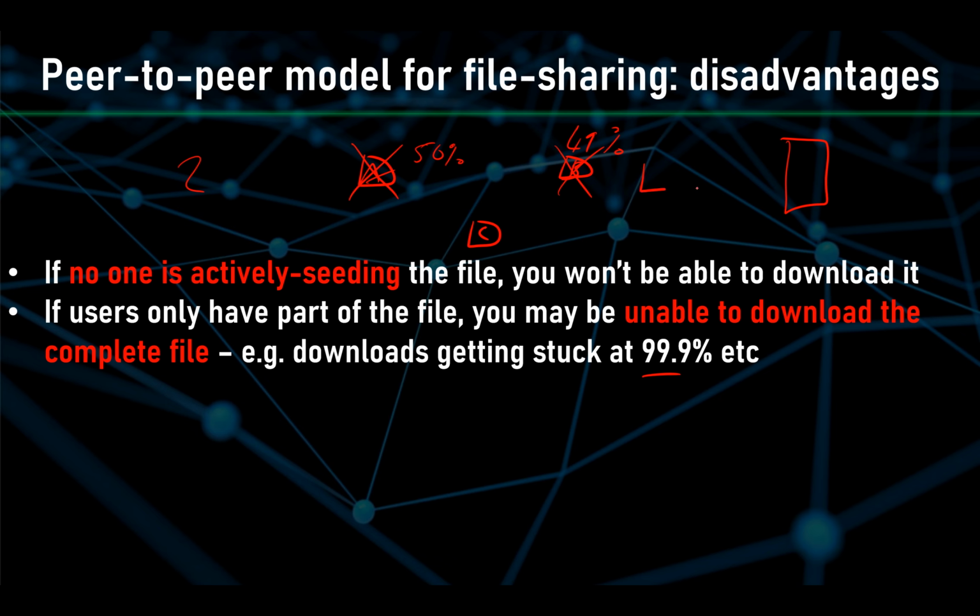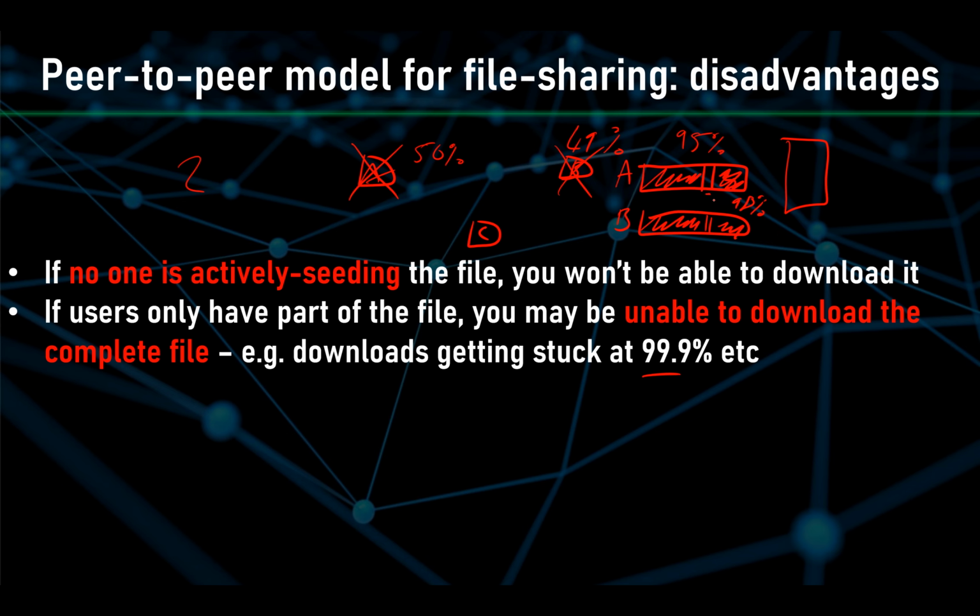You could even have a situation where, let's draw it like this. Let's say this first one is person A, and this first one is B. You could have it where they have all of this, but then they don't have this part, and then they do have that part. You could also have it like this as well. In this case, maybe this one has 95%, and this one has, let's say, 98%. So even though both of them have almost the entire file,